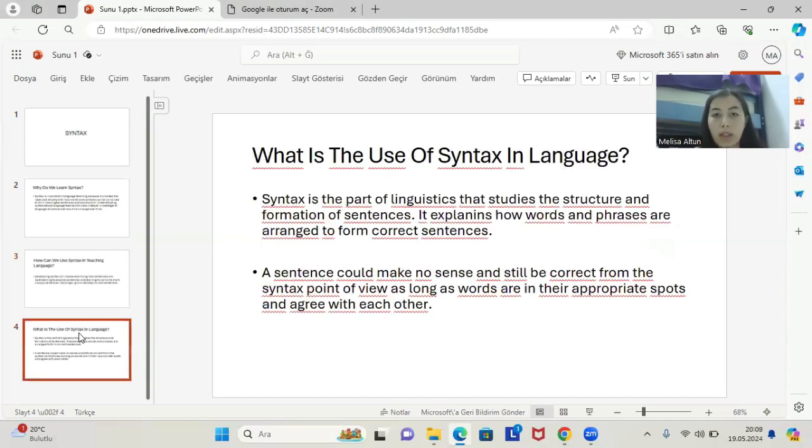The final part is: what is the use of syntax in language? Syntax is the part of linguistics that studies the structure and formation of sentences. It explains how words and phrases are arranged to form correct sentences. A sentence could make no sense and still be correct from the syntax point of view as long as words are in their appropriate